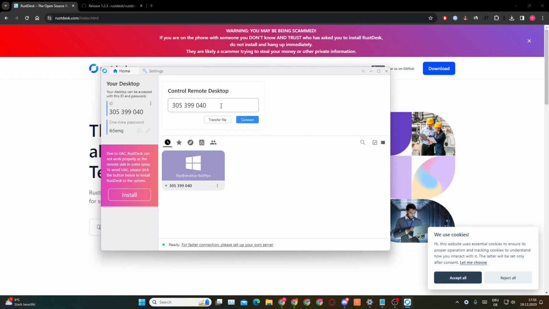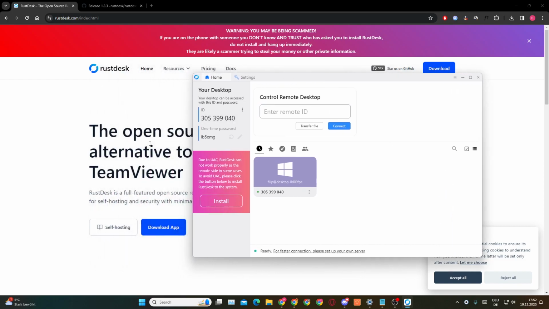So here you can basically now connect to someone else by getting their ID as well as their password, or you could also transfer a file by typing in their ID and password. So you could either connect or transfer a file if trying to send like a Word document or so, then you can do that here. But that's pretty much everything you would need to know about RustDesk when trying to use this for desktop, as like a TeamViewer